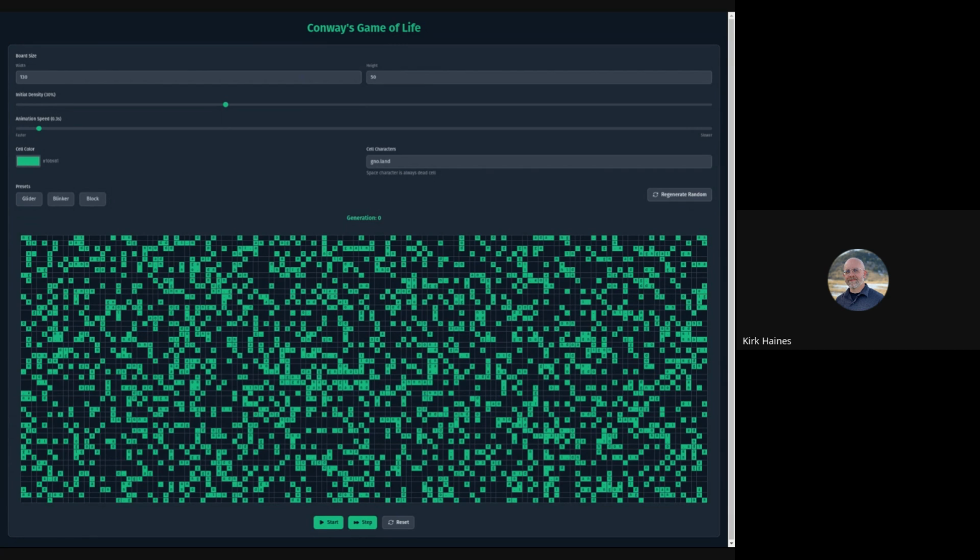And any cell that has 2 or 3 neighbors continues to live. Any empty space that has exactly 3 neighbors will come alive. And so my idea here was, what if I built a simple